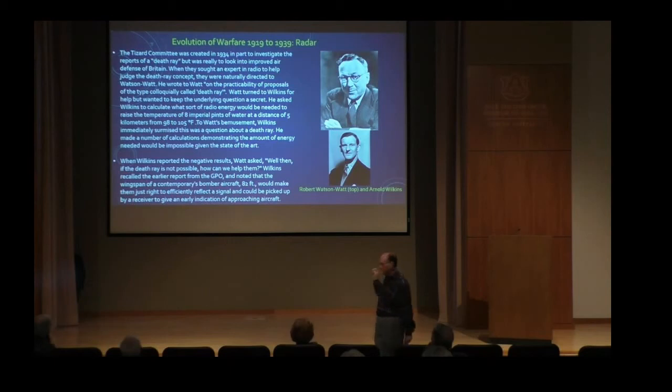Wilkins says he's read a report about radio from the GPO. Does anybody know what the GPO is? Government Protection Office. It's the General Post Office of England. The General Post Office of England obviously was somehow involved in radio at this time. I'm not sure why. Maybe they wanted to get rid of mail. But anyway, the GPO has these studies, and he thinks to himself, well, you know, a wing